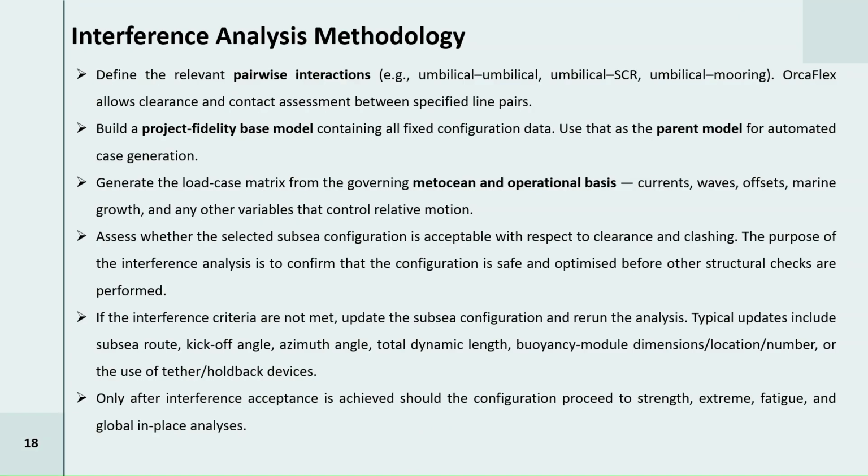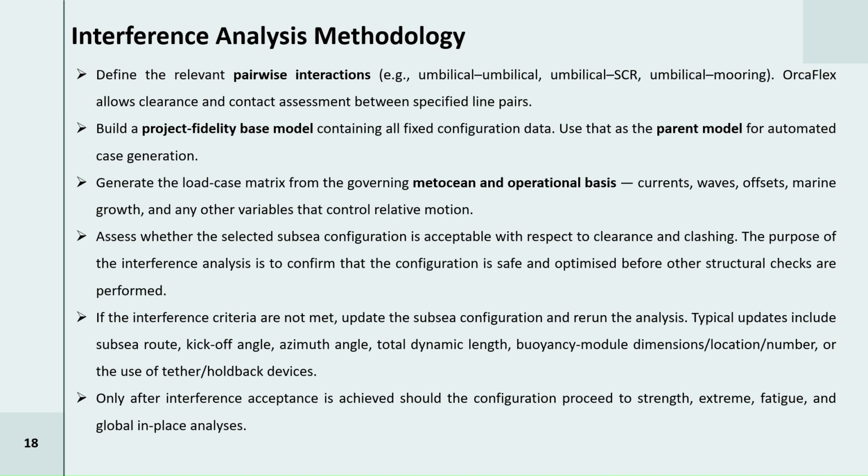This slide summarizes the overall interference analysis methodology. First, define the relevant pairwise interactions. For example, umbilical to umbilical, umbilical to steel catenary riser, or umbilical to mooring line. Second, build a project fidelity based model containing all fixed configuration data.